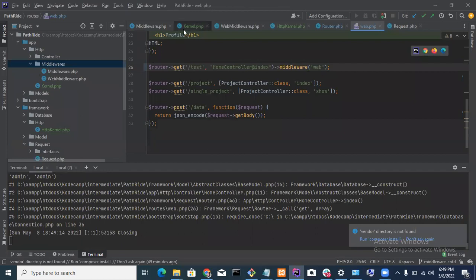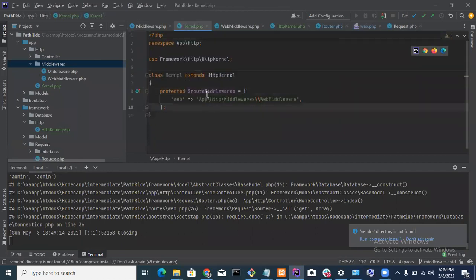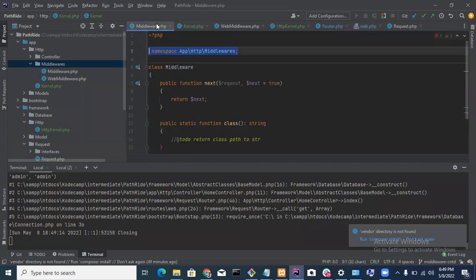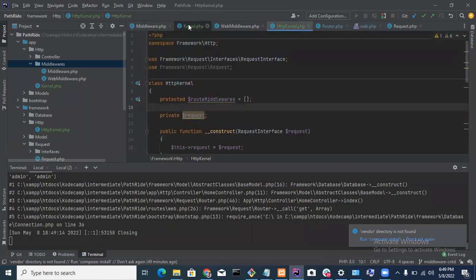So I think it does work now. So let's do something to see if it actually did work.